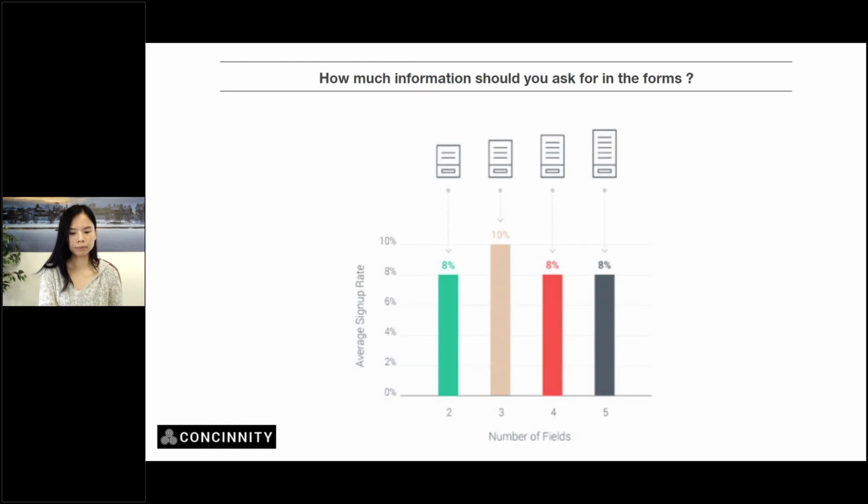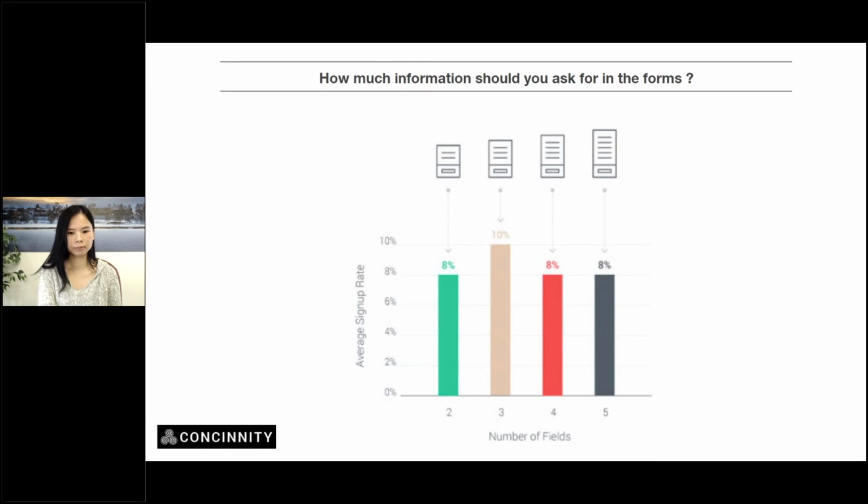Maybe next time, right? So when you're trying to get someone to sign up, the ideal number of fields in a form is 3. Not 2, not 4, 3. We've spent months and years testing these things, and this is not me alone. You can find a lot of this information online as well, but the exact number of fields that just works psychologically is 3. It's not too much, it's not too little, it's just enough.